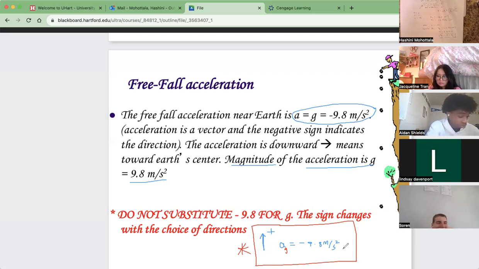Let's say that you make a mistake, and by mistake you take it as a positive 9.8, then that will completely destroy your final answer. You can't flip it. I will always take up as my positive direction and down as my negative direction. And when I say so,